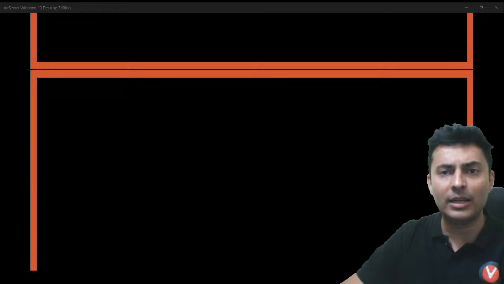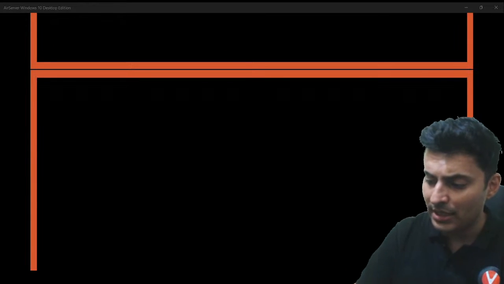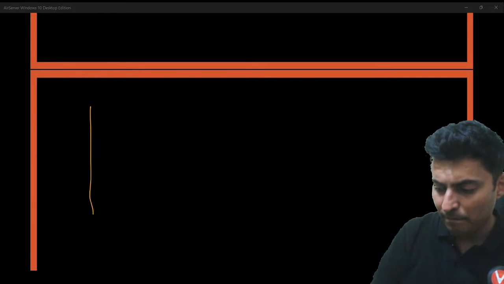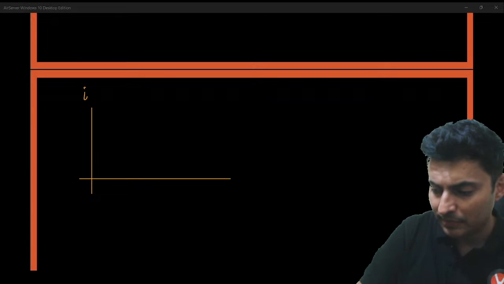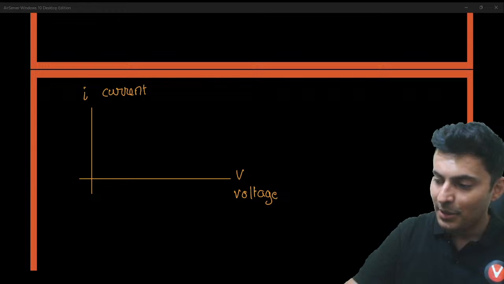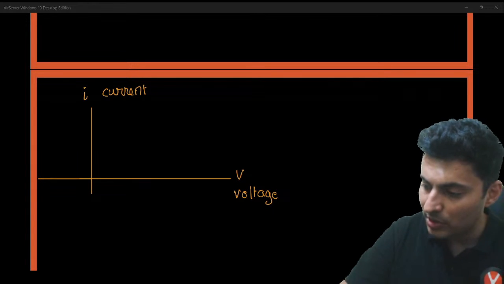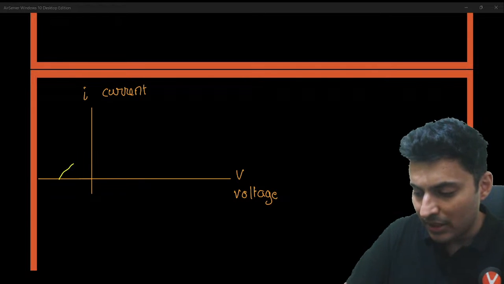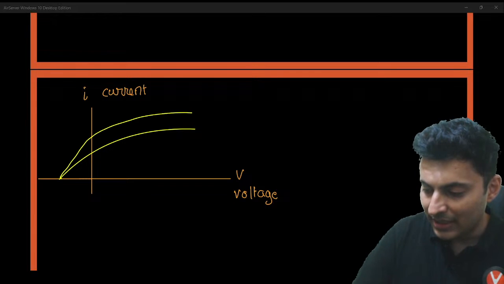Okay, this is one of the first diagrams, guys, which you must know. The next diagram is of the current versus the voltage. Let's draw that. Here you have the current, and here you have the voltage. How does this graph look? Well, it's very interesting. In fact, we have to draw it in the second quadrant also. It starts from a negative voltage value and it goes like this, and then it again goes like this.